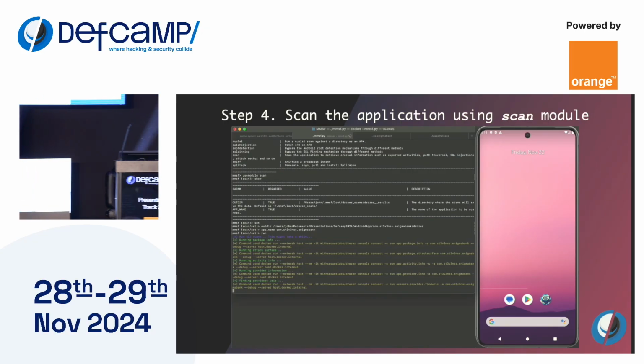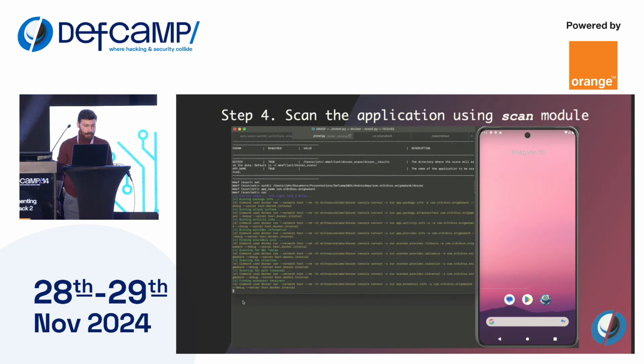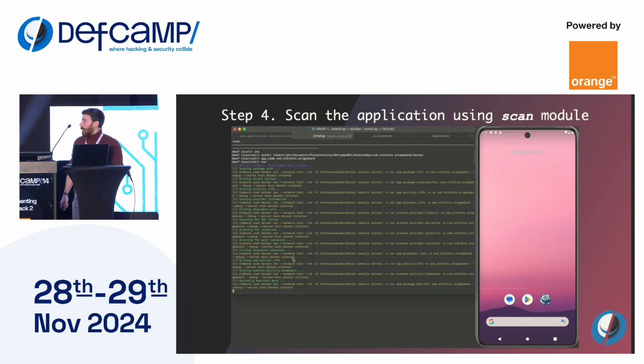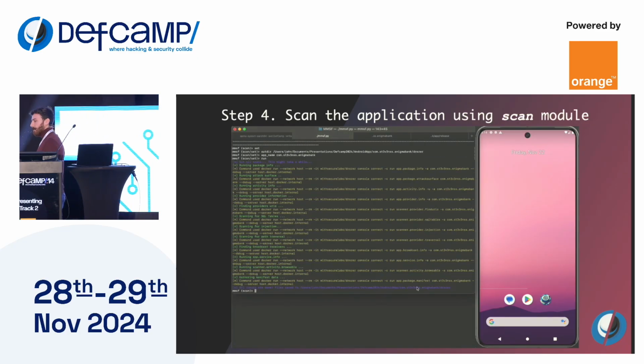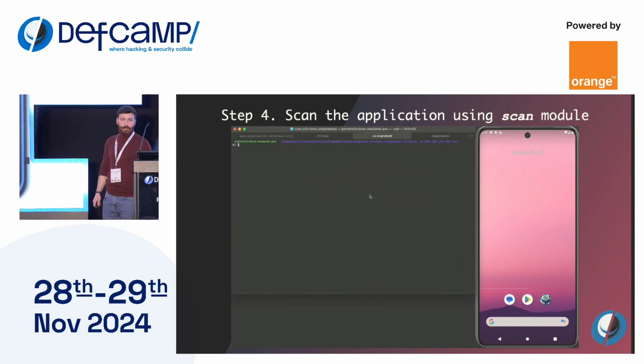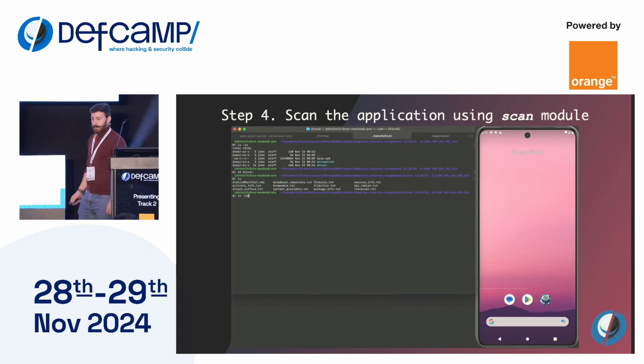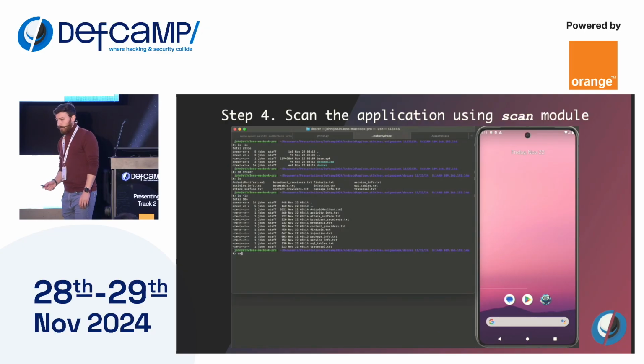And you can see it performs all the scans regarding everything that Drozer does for you. It scans for permissions, for broadcast receivers, for exported content providers, and everything you would need to know in order to perform the dynamic analysis of the application. So let's